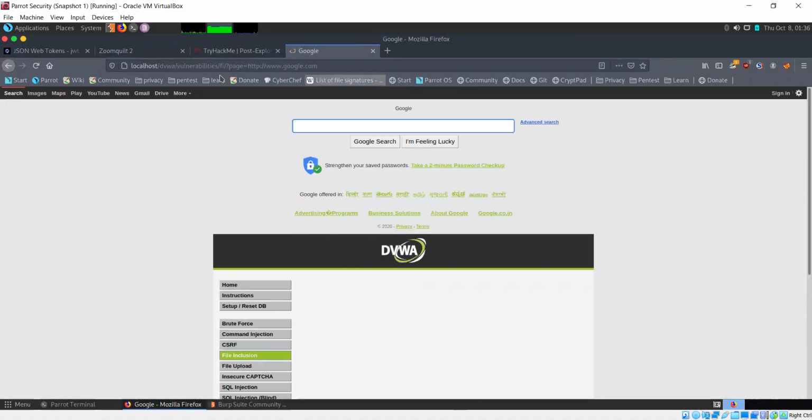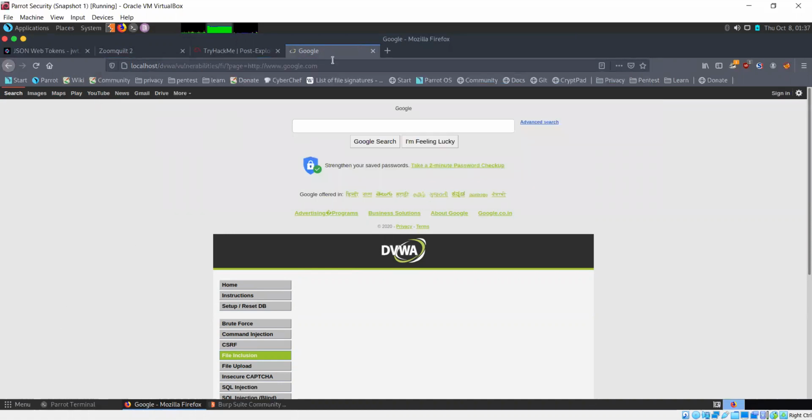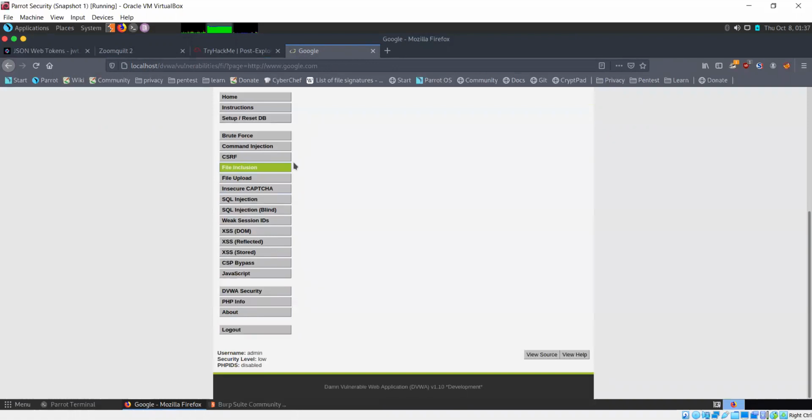So now it's opening the google.com page within our DVWA page. This is remote file inclusion because this page is remote. It's not hosted on this server. It's hosted somewhere else, which is basically on Google servers. And from there, we are able to get this page and include it in our DVWA web page.